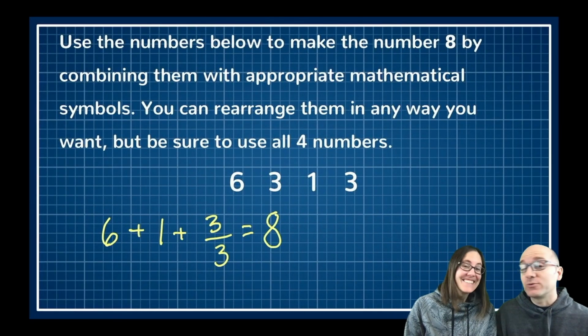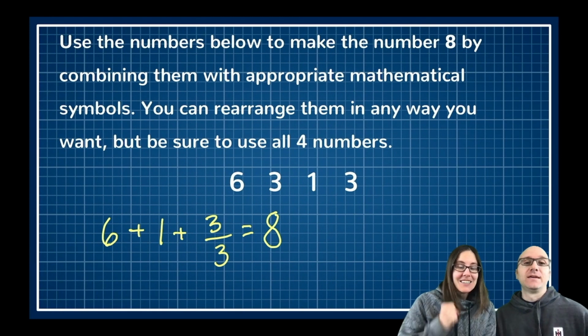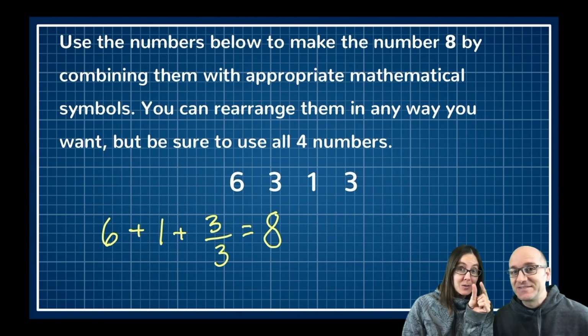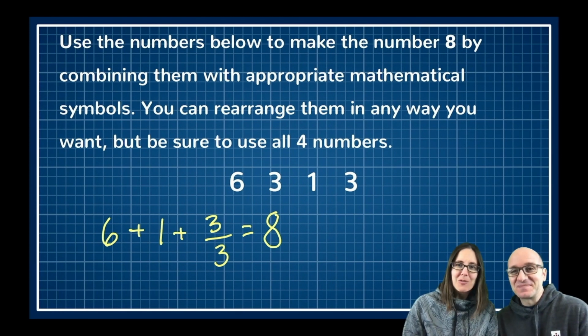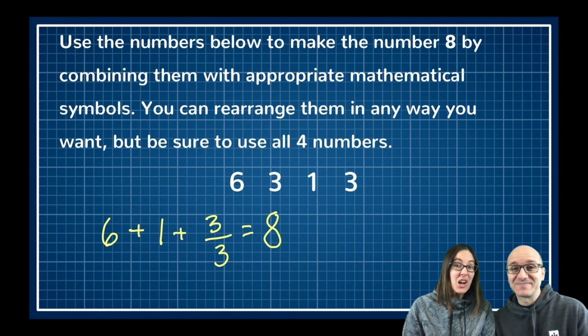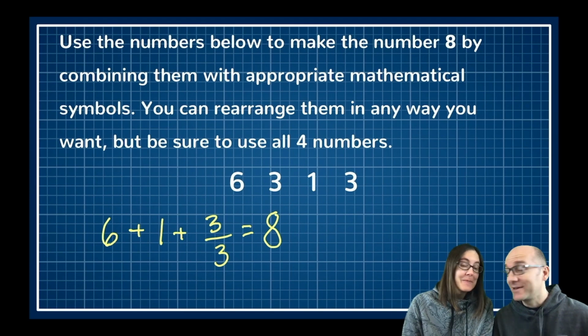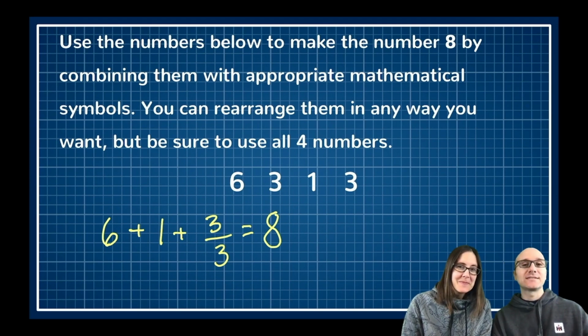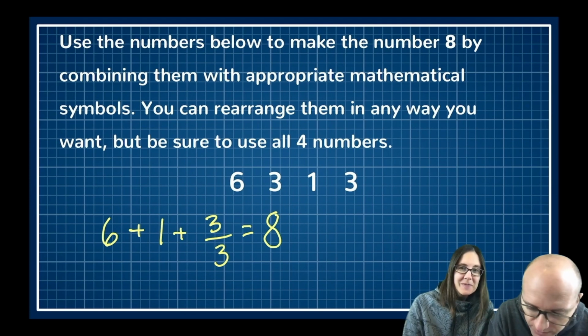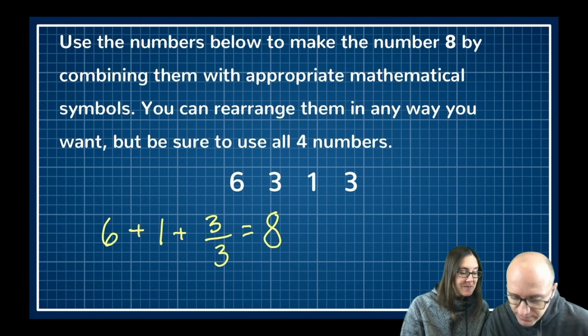Looks like Science Mom was successful in solving. I got nervous. I got really close to that timer trying to do a different approach that was not working at all. And then I realized we just need to do 6 plus 2, because 6 plus 1 plus 3 divided by 3 is 1 equals 8. Exactly. Well done, Science Mom. I will note that I saw yet another way of doing it.